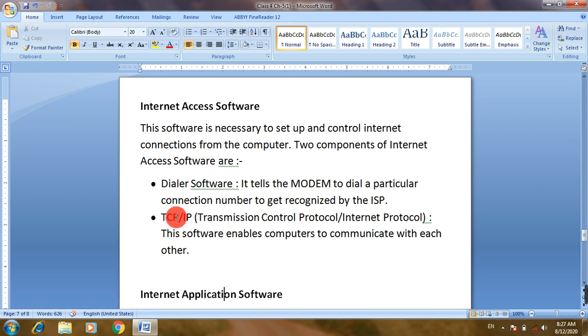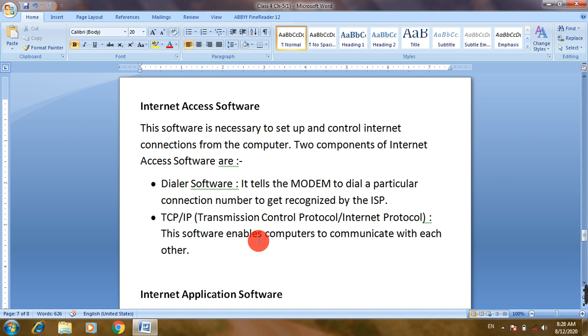The second one is TCP IP. Once you get connected with the internet, then you need this TCP IP software, meaning Transmission Control Protocol and Internet Protocol. These software enable computers to communicate with each other.